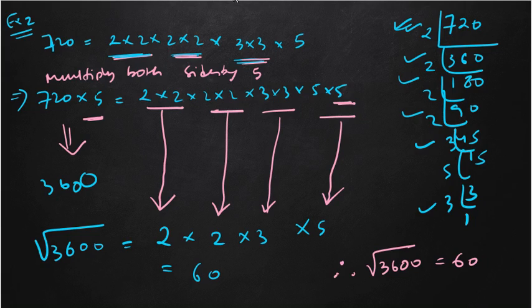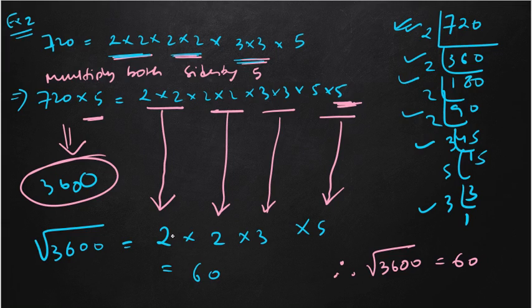So to make the pair of 5, we need to multiply by 5 on both sides. If we multiply both sides by 5, we get 720 into 5, and on the right-hand side we also get another 5. Now you can see all the prime factors have pairs. So which number should be multiplied to 720 to get a perfect square? We need to multiply by 5. Therefore the perfect square number will be 3600, the answer when we multiply 720 by 5. So what will be the square root of 3600 then?